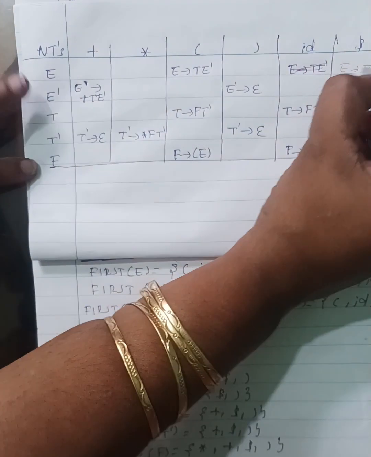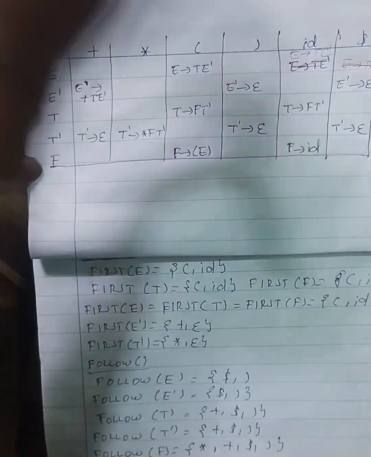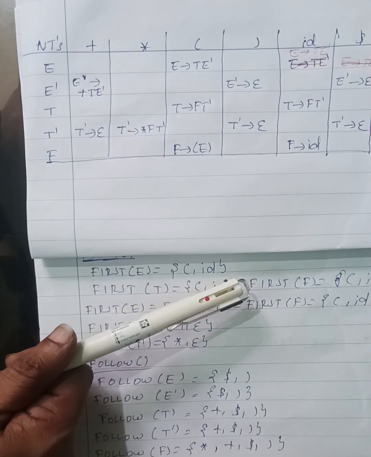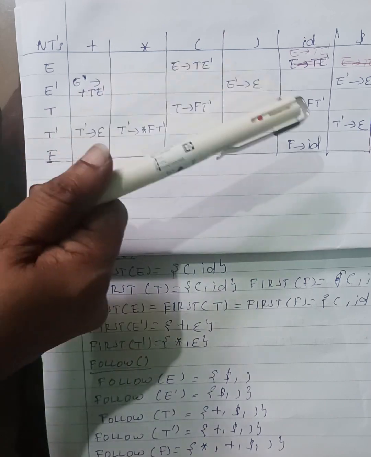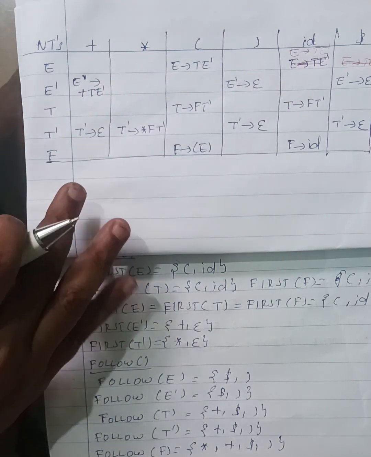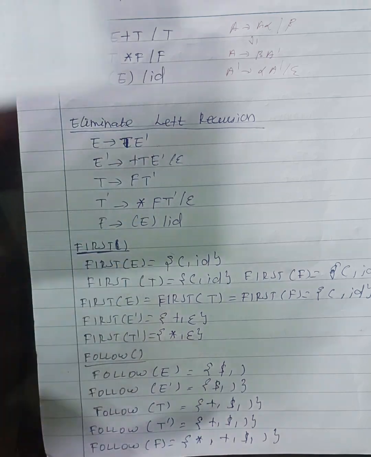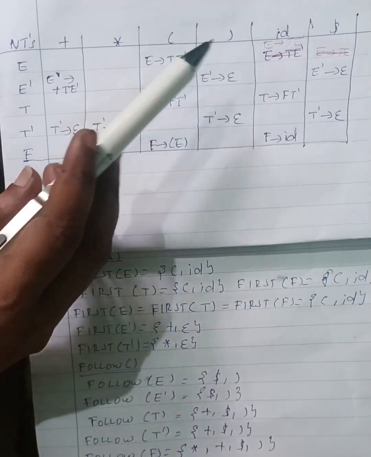I'm sorry. So first we have to check first of E. First of E is open parenthesis and ID. In that open parenthesis and ID, I have to write the rule of E. E is E → TE'. So I have written E → TE' in open parenthesis